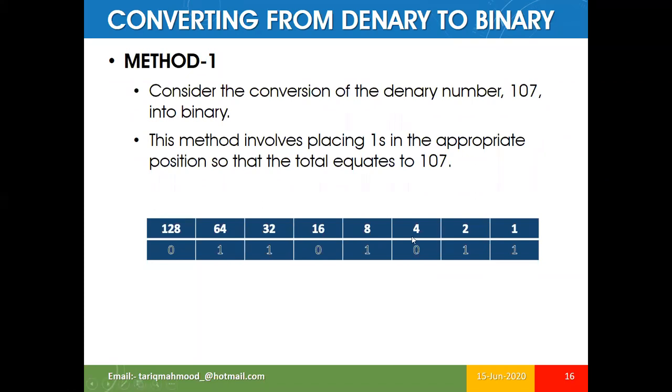And how is it done? We just take the maximum number, starting from the left side. We have this table. In the previous lecture, we described how to create this table from 1 to 128. I'm repeating that structure again. From the right, we place 1, and in the next column we multiply by 2, so we get 2. Then we multiply by 2 and get 4, then 8, then 16, 32, 64, 128. And this doesn't stop here.